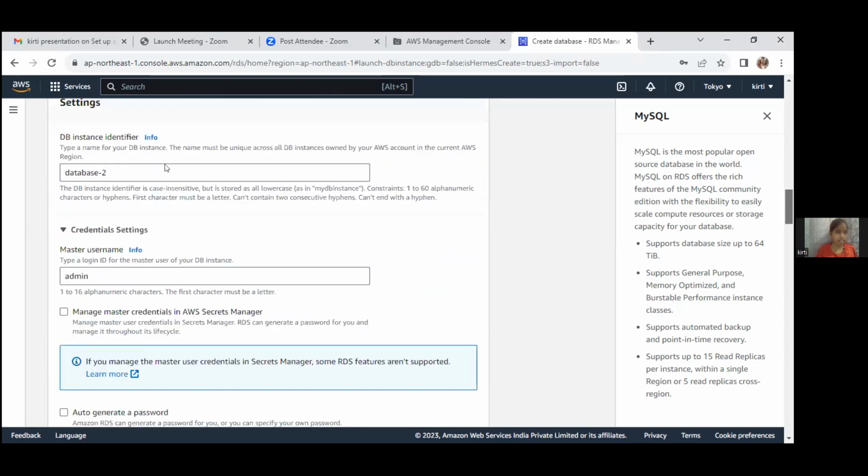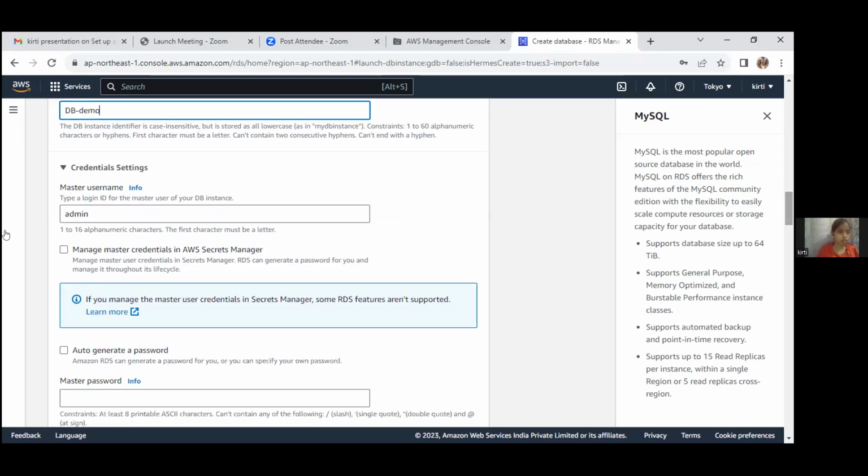In the settings, we customize the database instance identifier. We give the name and just scroll down and customize the master username.